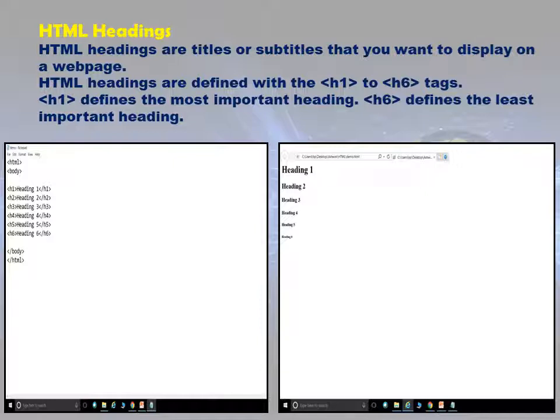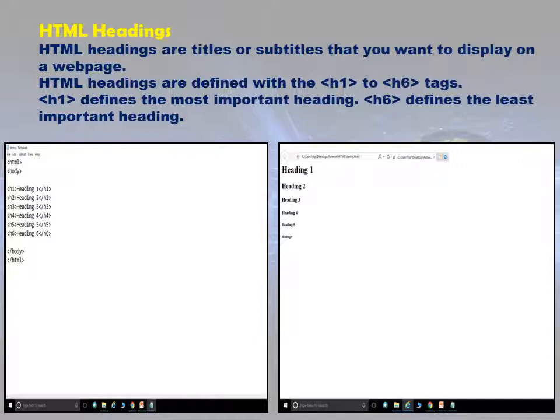Now, starting with the first tag, that is the HTML headings. HTML headings are titles or subtitles that you want to display on a web page. If you want to display the titles or the subtitles on your web page, at that time you can use the heading tag. Now, these HTML headings are defined with the H1 to H6 tags.